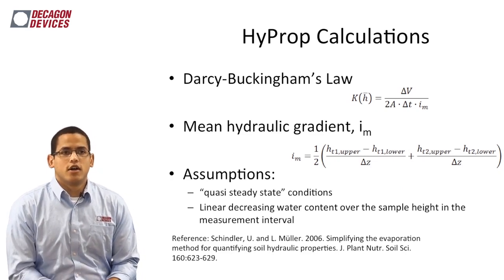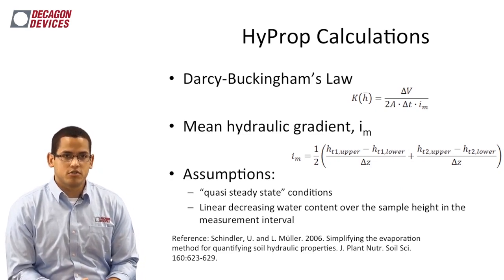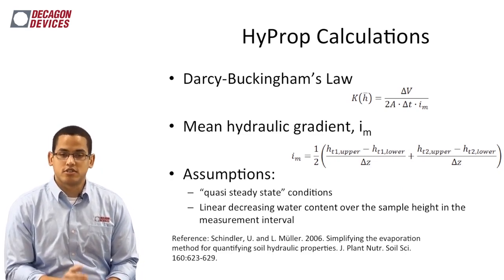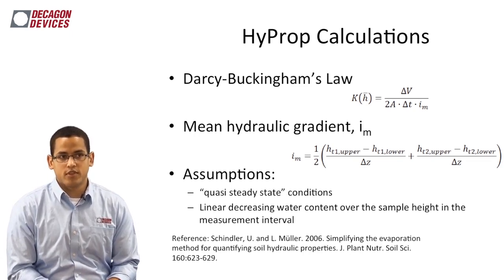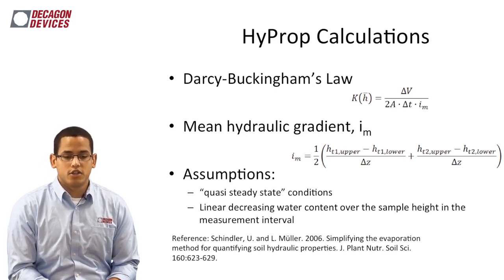So some other calculations: we are also able to calculate the unsaturated hydraulic conductivity using Darcy-Buckingham's law. Essentially, what we're doing is using the mean hydraulic gradient, or the change in tension between the 2 different tensiometers, along with a change in water content. And by using those combined factors, we're able to determine the unsaturated hydraulic conductivity